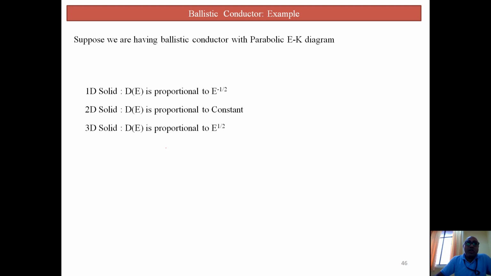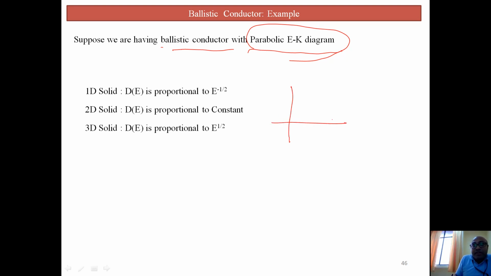So here we are saying that suppose we have a ballistic conductor with a parabolic E-k diagram. Now why do we always say parabolic E-k diagram? You at least understood this from silicon. If you see the silicon band diagram, it is a kind of parabola, because you know that you may have